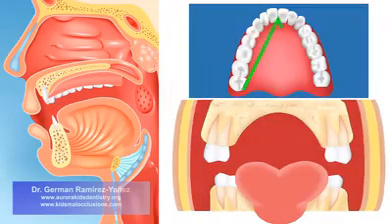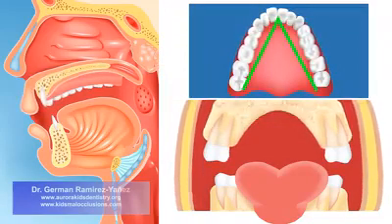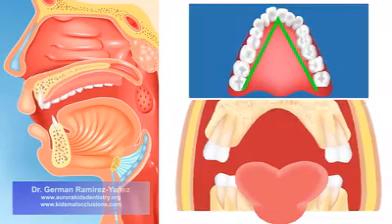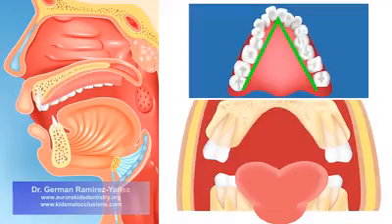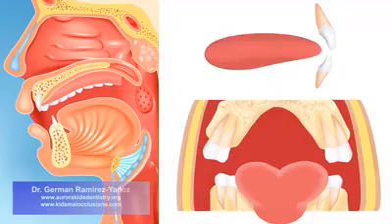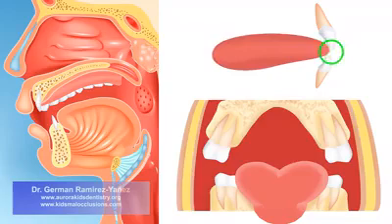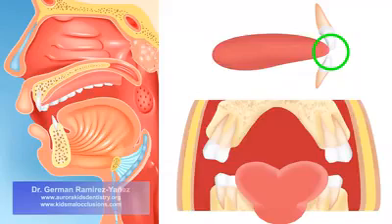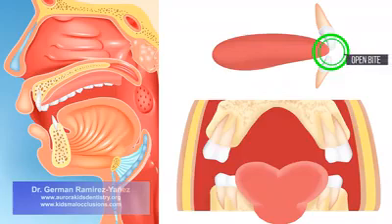The upper dental arch acquires a V shape instead of being a rounded dental arch. Therefore, your teeth do not have space to properly align. This also produces an incorrect swallowing function. Every time you swallow, between 1,600 to 2,400 times per day, the tongue positions low, staying away from your palate. That forces the tip of your tongue to position between your upper and lower front teeth. That pushes your front teeth to show out of your mouth, and your tongue rests on the floor of your mouth, with the tip of the tongue between your front teeth. That is called an open bite, as your upper and lower front teeth do not touch when you close your